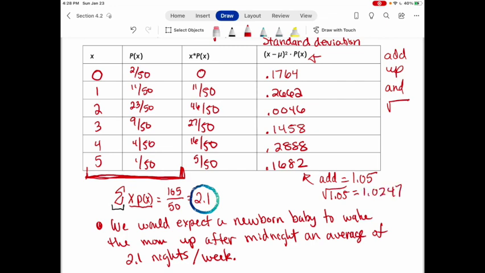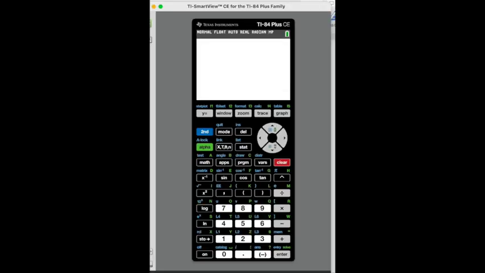And if we round it to 4 decimal places, that gives us 1.0247. So here's our standard deviation that we calculated by hand. And then here's our mean, or our expected value, for our probability distribution. All right, so on your calculator, what you're going to do is go into your area where